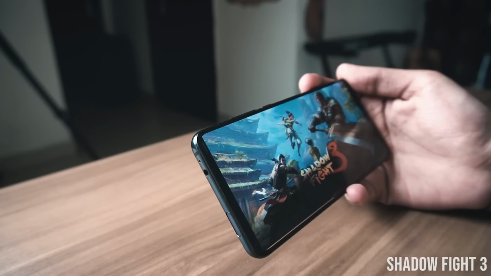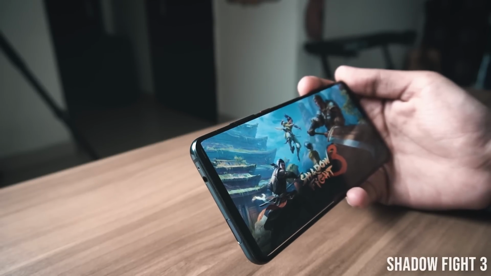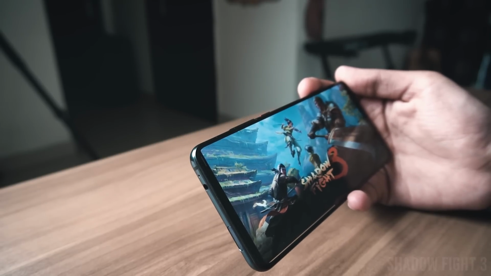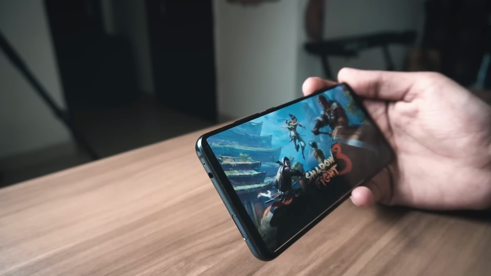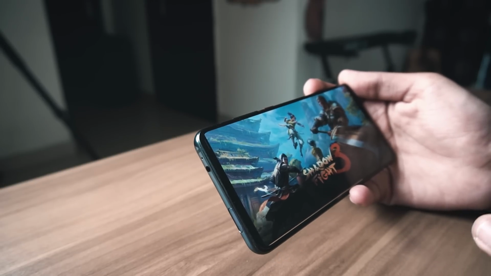Alright, moving on, we've got Shadow Fight. And if you haven't played Shadow Fight earlier, this is a very fresh concept. It's an arcade game, essentially meaning that you fight with other characters, and the entire gameplay loop is the fact that you have to fight with characters. And if this is the type of game that you like, more so like Shadow Fight or like Tekken and stuff like that, then I'm sure this is also going to be a game that you will definitely enjoy,